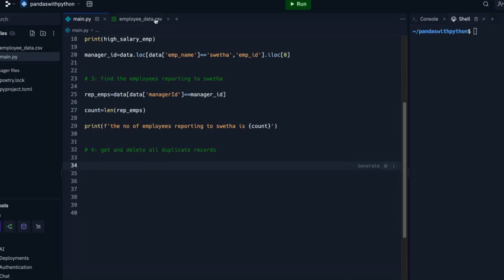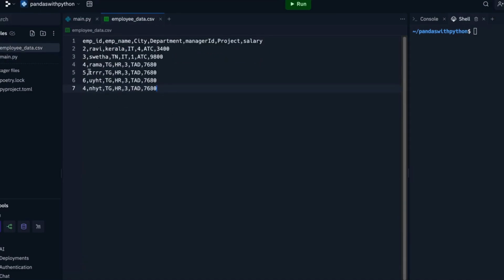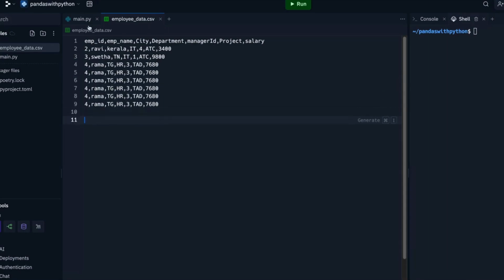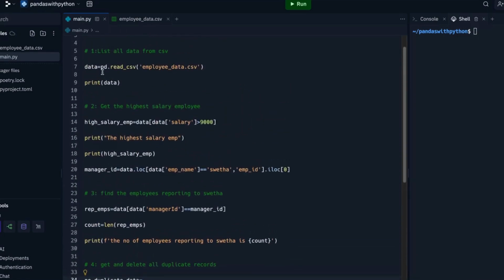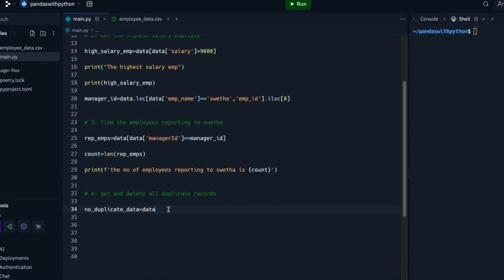Okay, let us delete it and we go here. We have duplicate data. Let me put here some duplicate data, just to copy paste it. Okay, now we'll see how easy it is to get it. No duplicate data is equal to whatever data we got, right? Just take the data column, data dot,